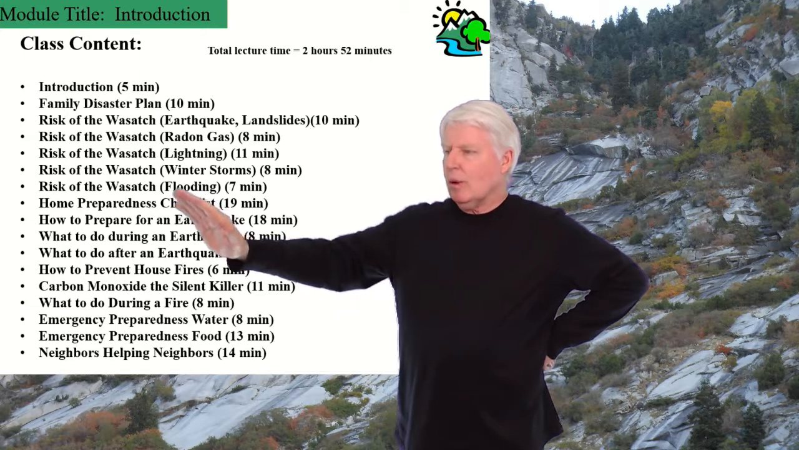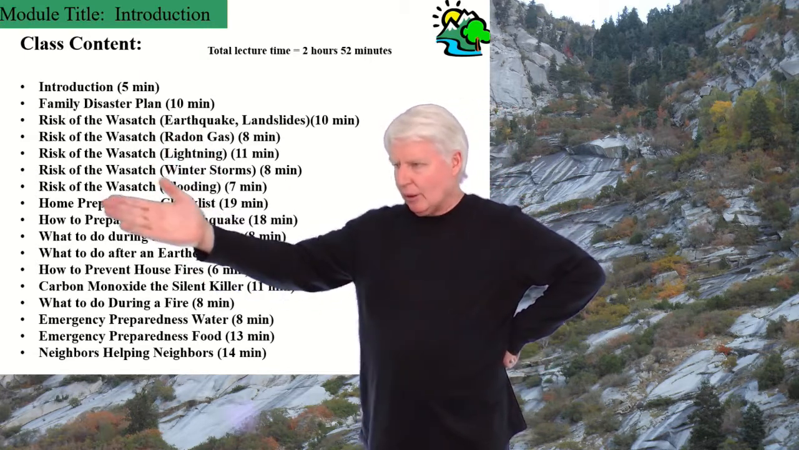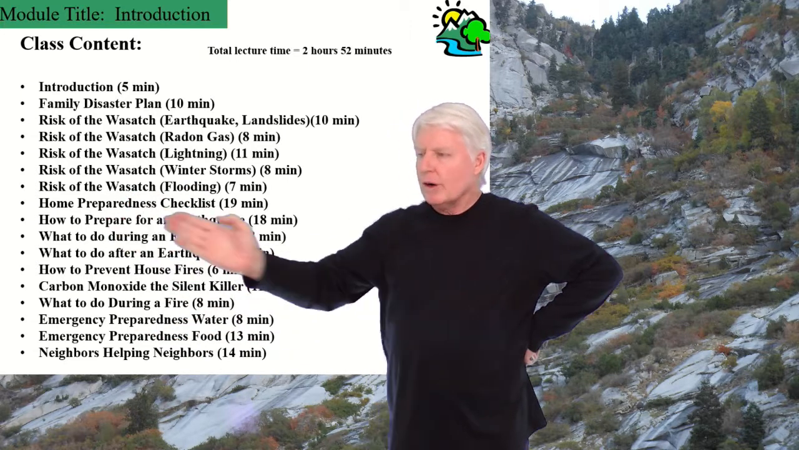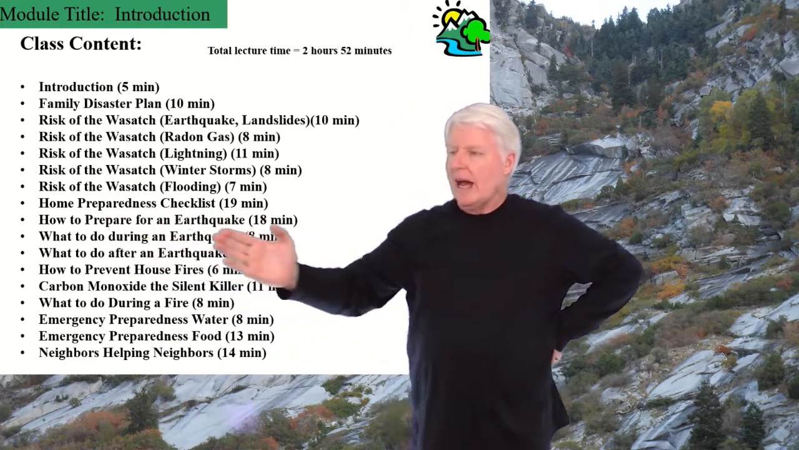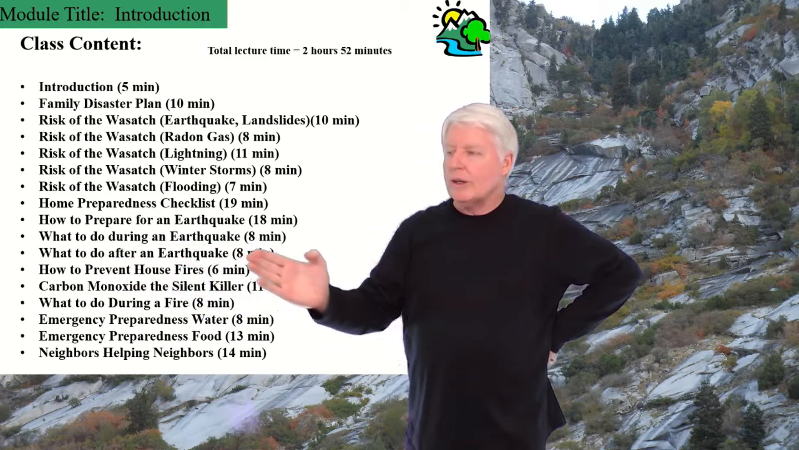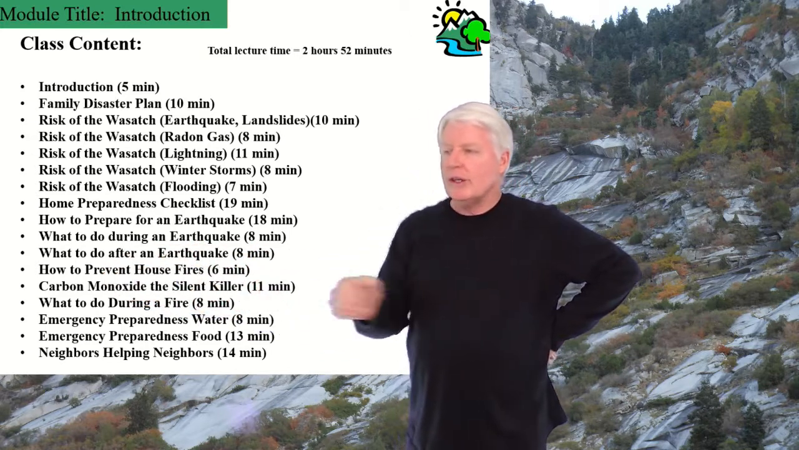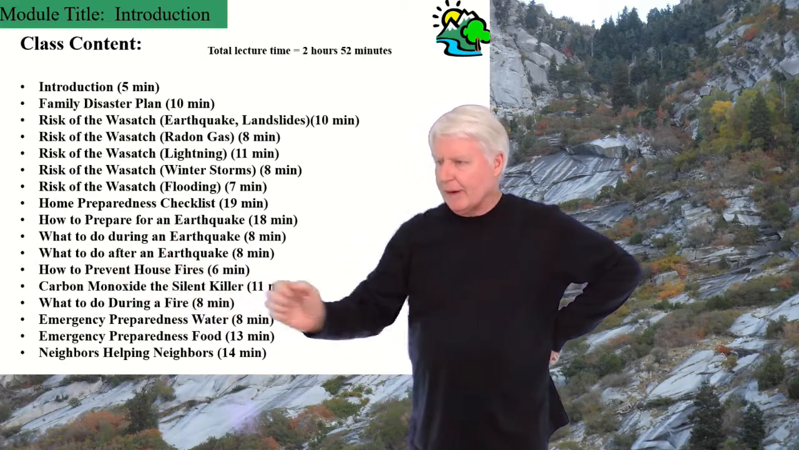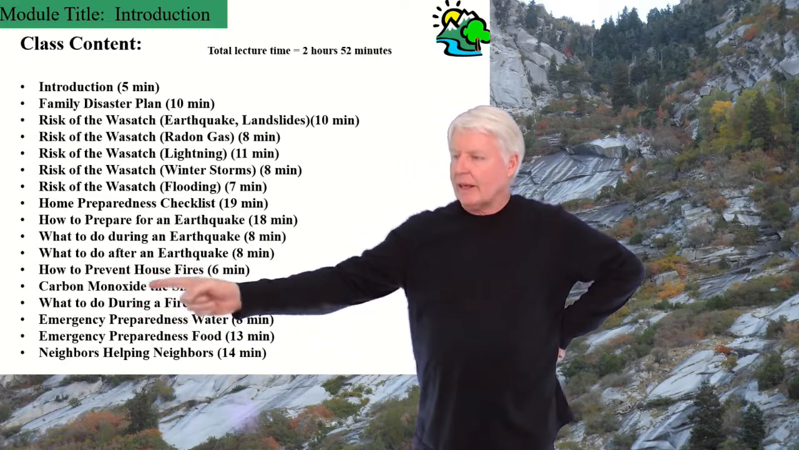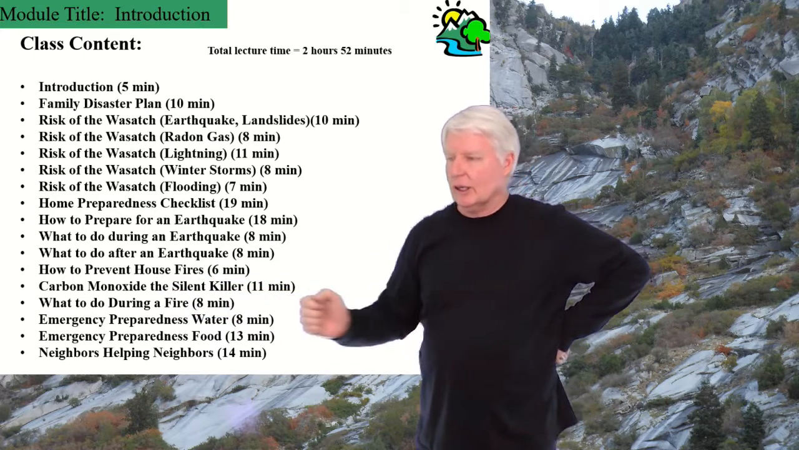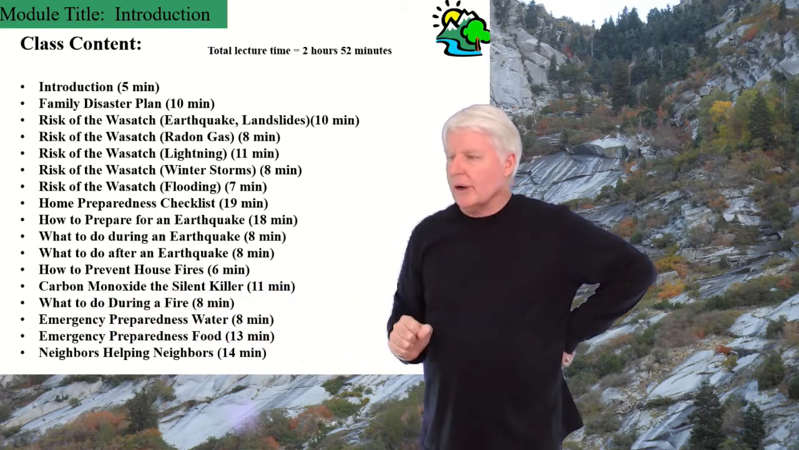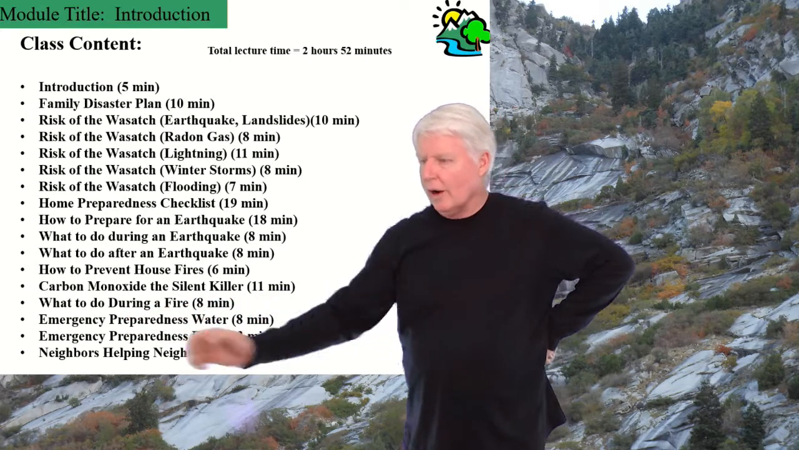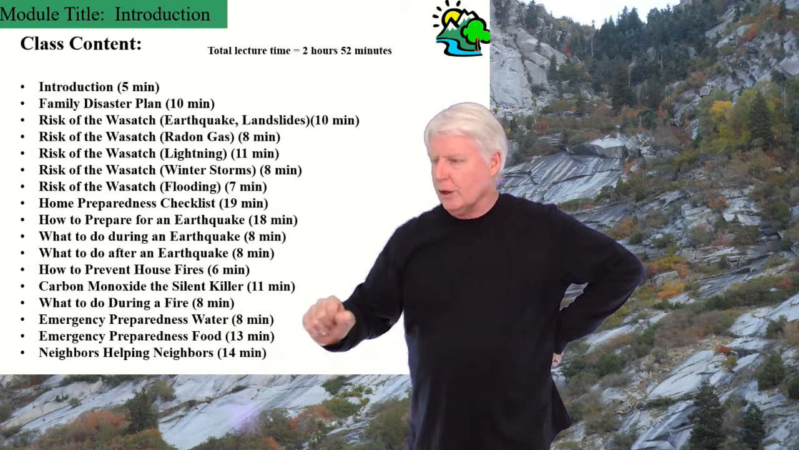Okay, and once we get through with understanding the risk, then we'll start talking about what we need to do about risk. First, a home preparedness checklist, how to prepare for an earthquake, what to do during an earthquake, what to do after an earthquake. So we hit earthquakes pretty hard. How to prevent house fires. Then carbon monoxide, the silent killer, we need to be aware of that. What to do during a fire, and then we'll have emergency preparedness for water, emergency preparedness for food,